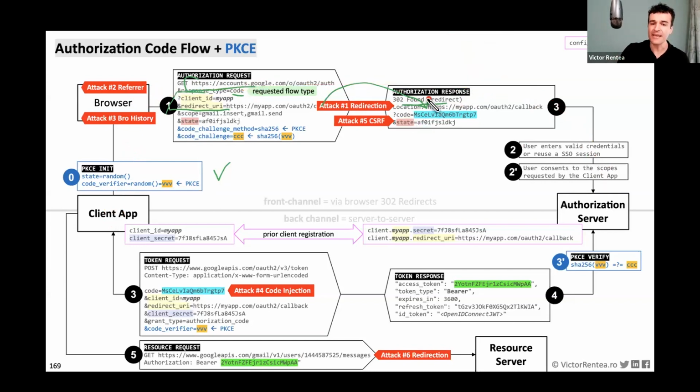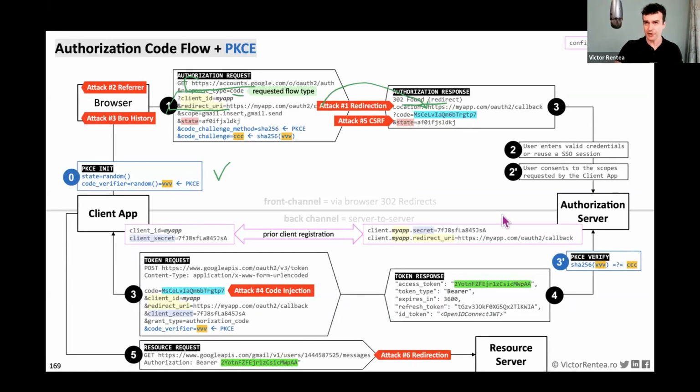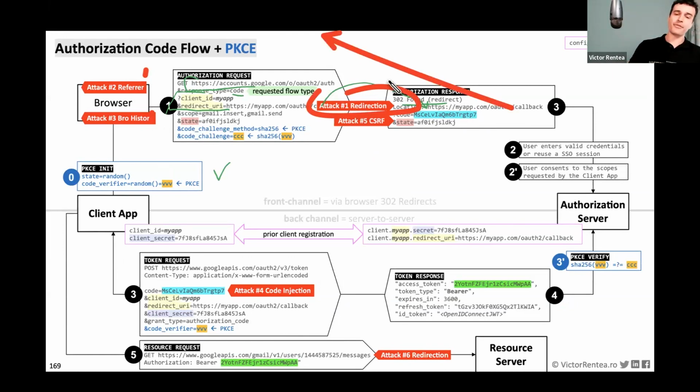The code won't move in the address, in the URL, it would come to the client application in the body of a request. And that cannot be sniffed, that doesn't remain in history and doesn't appear in the referrer because it's just the payload of a request. This is what I mean here by sending a post instead of a redirect. Like a form post doing automatically the post to the client application back to the redirect URL basically, but without carrying the code in the URL itself. Pretty tricky. So referrer, browser history, redirection that will immediately just throw the code to some random